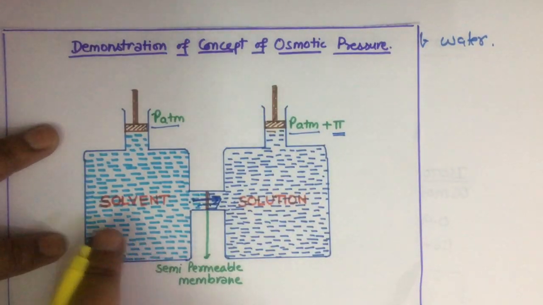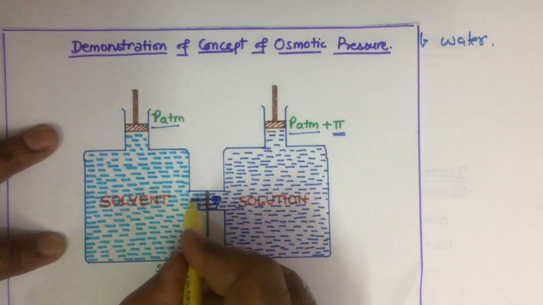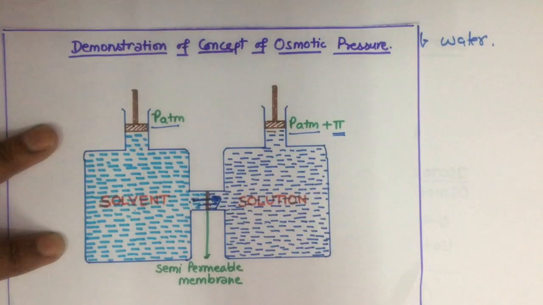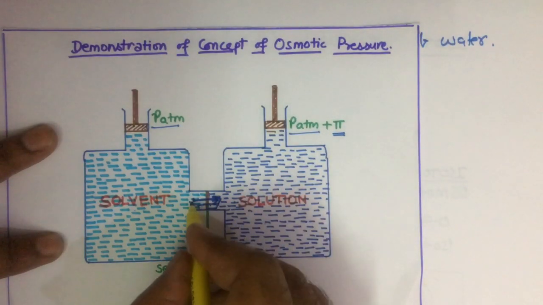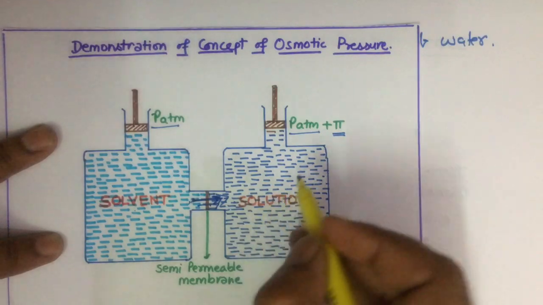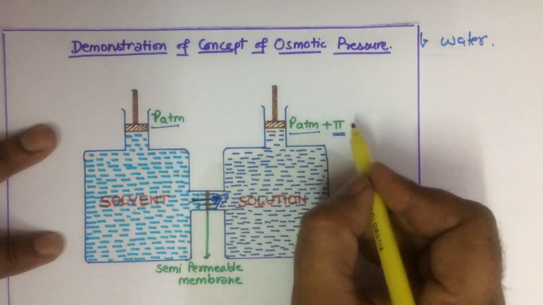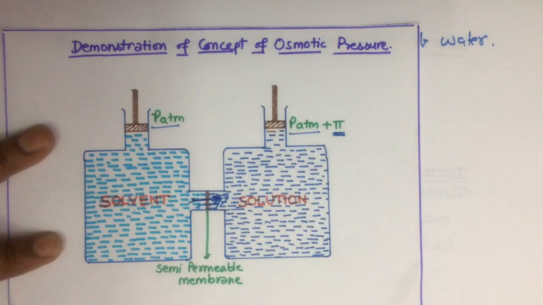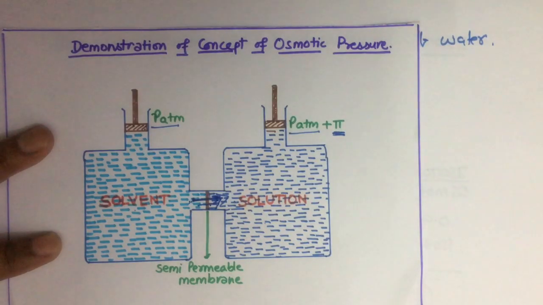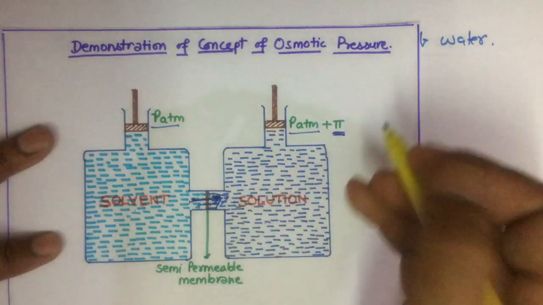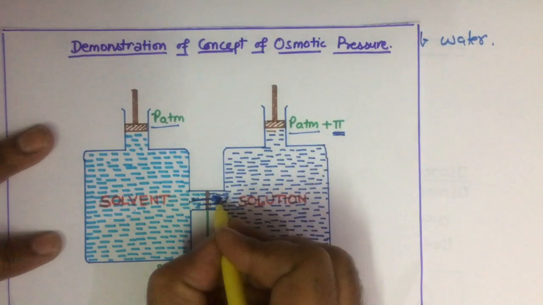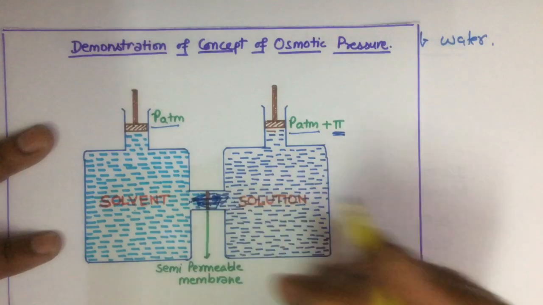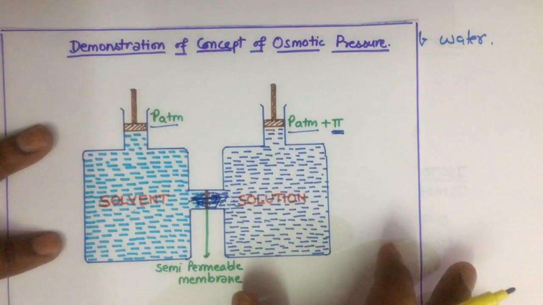Now here, the solvent and solution are separated by a semi-permeable membrane. The solvent moves from the solvent side to the solution side. As a result, this piston moves upwards. Now we apply the pressure pi to stop the process of osmosis. In case we apply a pressure more than pi, then the process of osmosis not only stops but the reverse process starts. If we apply a pressure more than the osmotic pressure, then the water molecules start moving from the solution to the solvent side, and this process is called reverse osmosis.